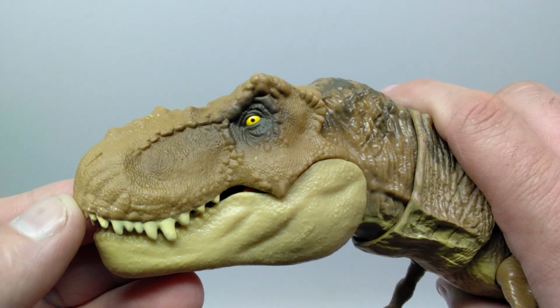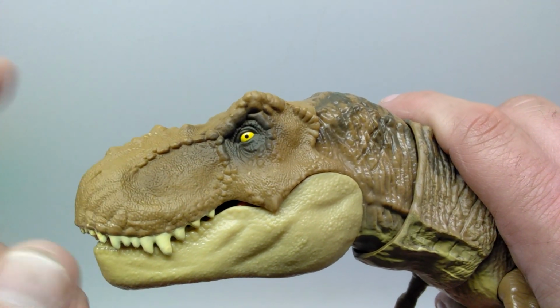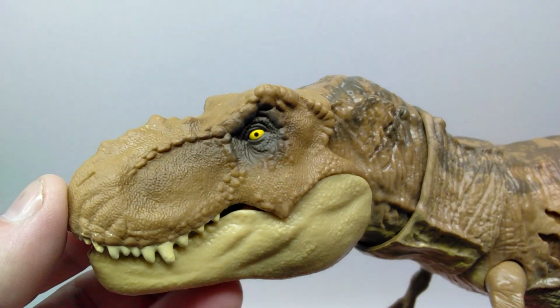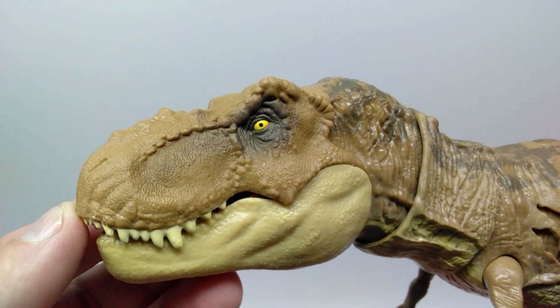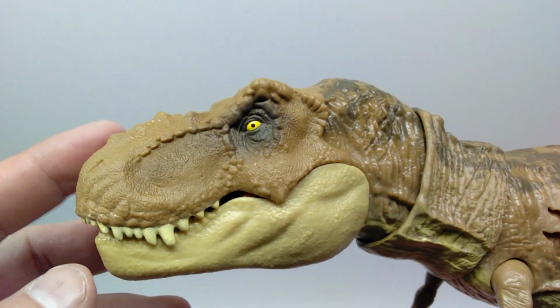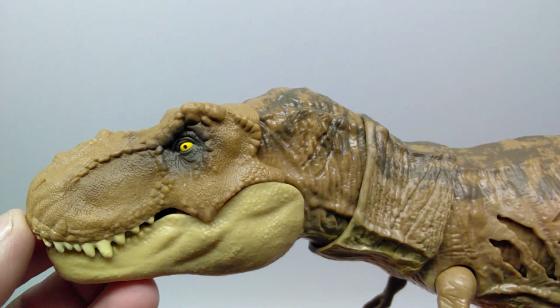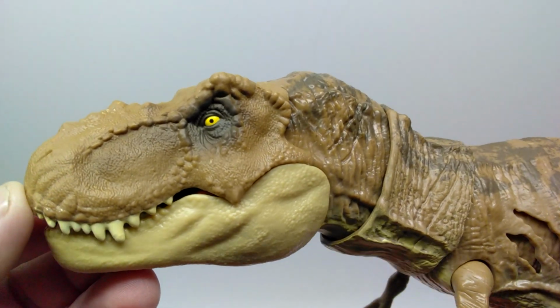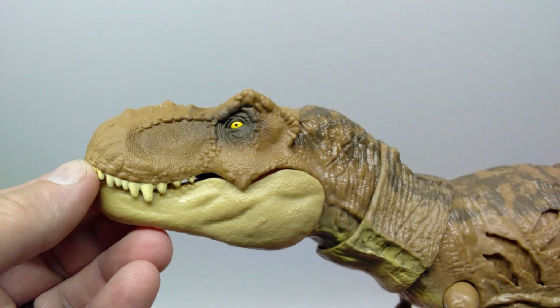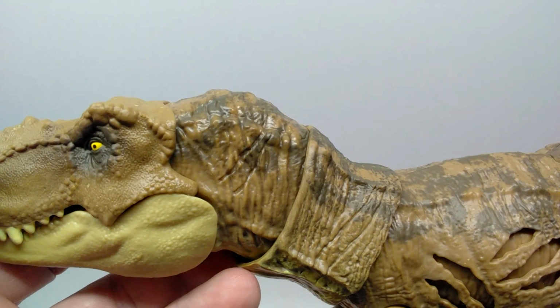Now, I will say, when I found this Rex, there was actually this one and one other one left in store, and the other one did have some sloppy paint in the eyes, so I grabbed the one that had better paint application. So it's not something that we can definitely say Mattel has corrected as far as this figure goes, because I definitely did see one that did have some sloppiness. Unfortunately, there is no other paint application up here on the face, so as we move back here into the